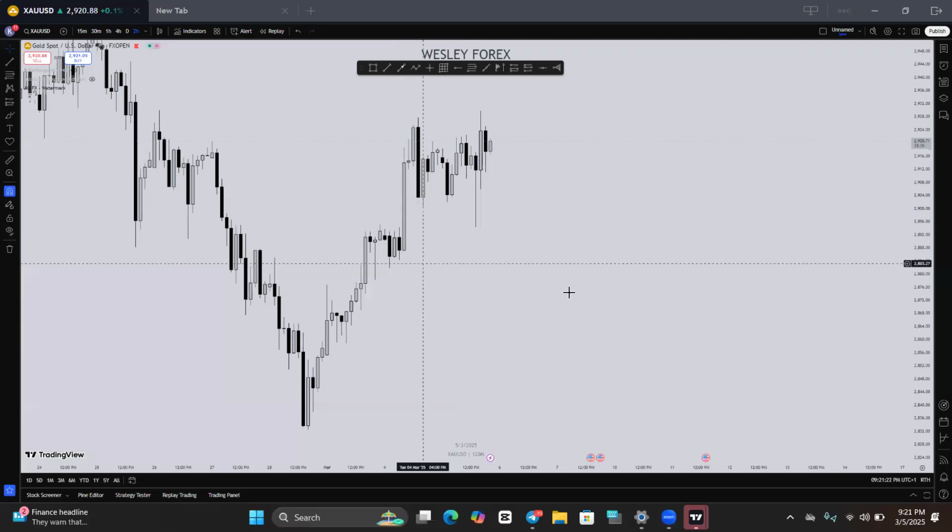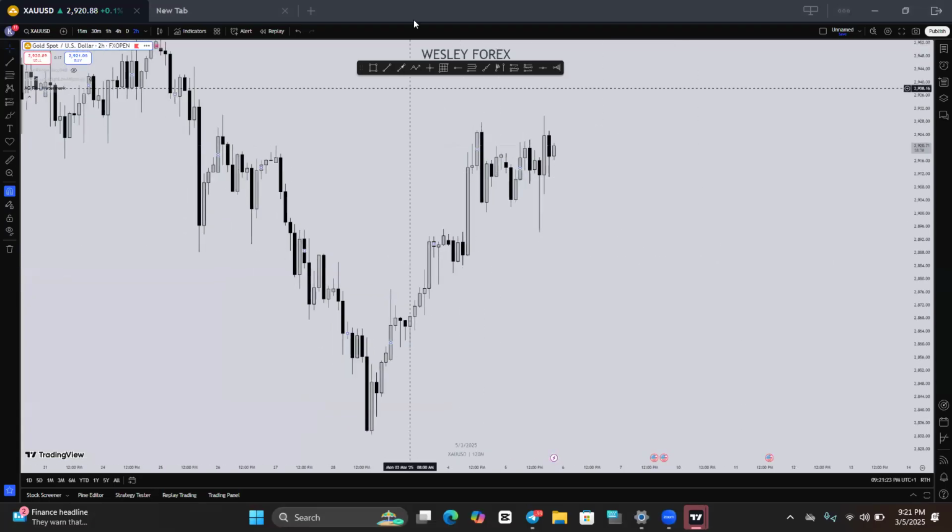Now looking at this structure currently on gold. We can see that at this point we are beginning to have